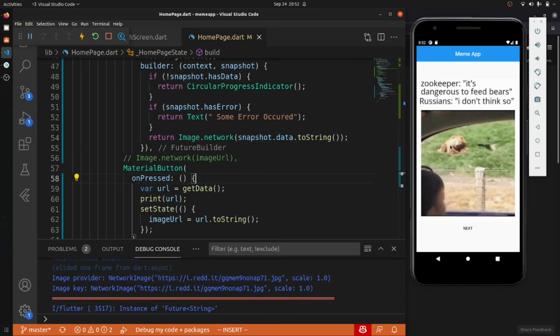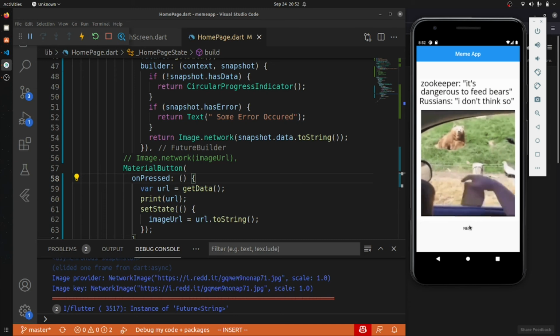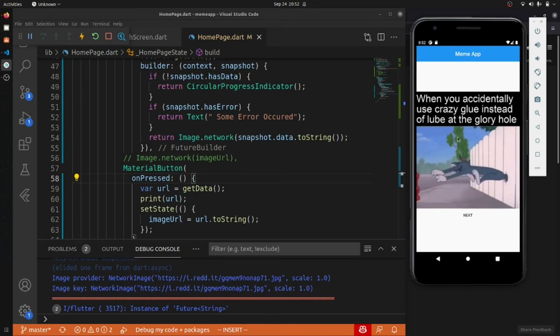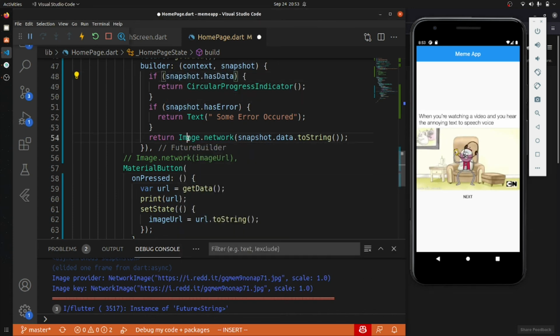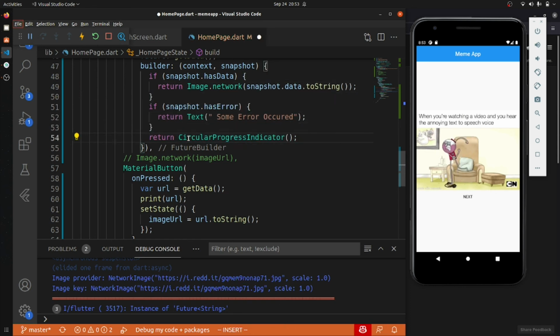Okay, so we got our data. If I click on next, it is going over there and bringing us the data. So we are not getting some of the types. So what we will do now is just do this, and if I save,